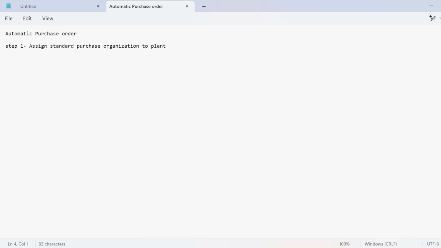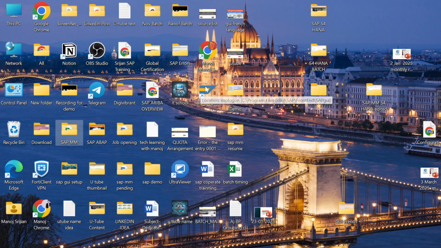If you remember, at the time of types of purchase organization, I told you I would explain the standard purchase organization once we see specific procurement. We have already seen plant specific purchase organization, cross plant purchase organization, centralized purchase organization, and cross company code purchase organization, but I didn't explain standard purchase organization at that time. Let's see what's the use of it. So let me go to the SAP screen.